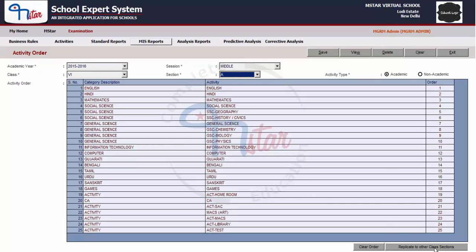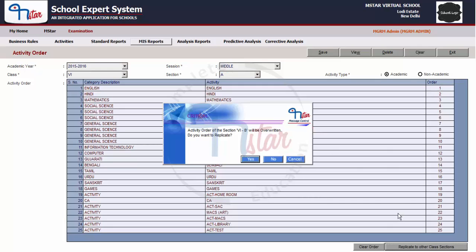Other Class Sections button. As we do that, the message comes that activity order of class section 6B will be overwritten. That is, if any order is already available in 6B, it will be removed and copied from 6A. So it asks us for a confirmation. Do you want to replicate?